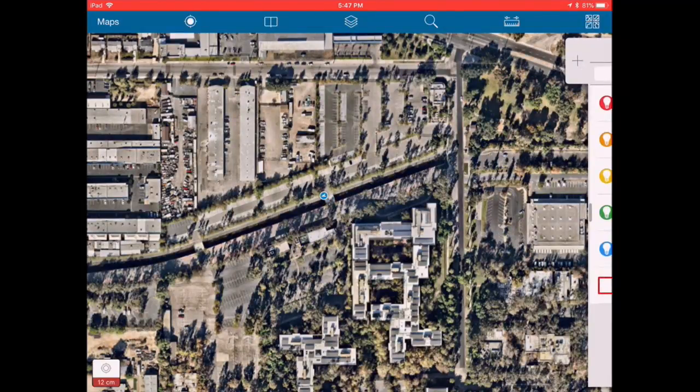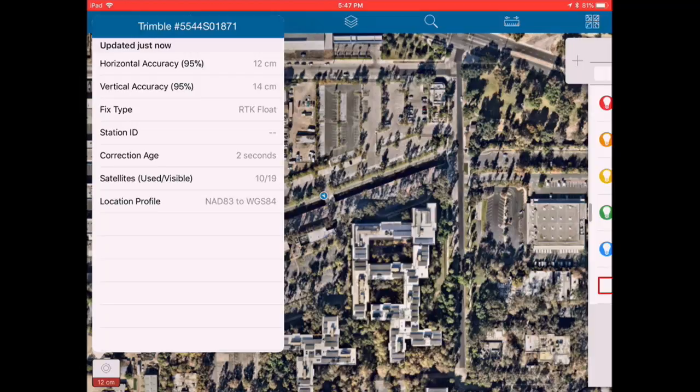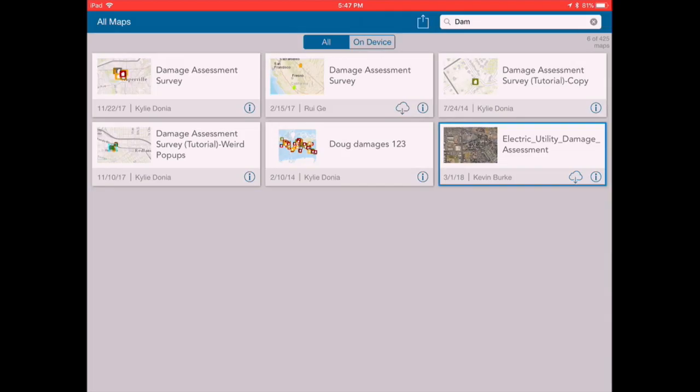So now there's me. I've walked over to my location where I want to start collecting. I'm going to do a damage assessment basically of utility light poles. Inside that planter box that's on the edge of our parking lot, we have a lot of light poles. I'm basically going to just be capturing those. But before I do that,